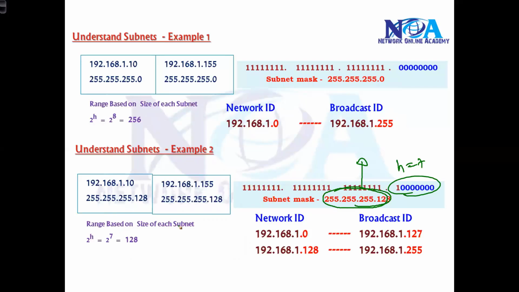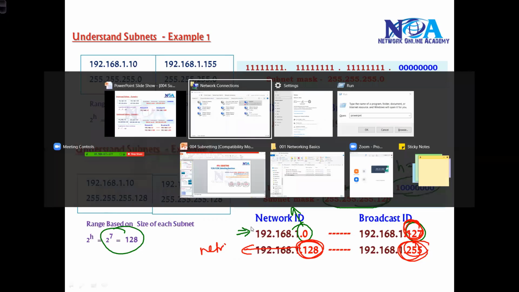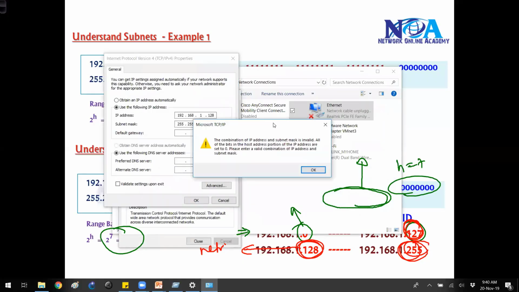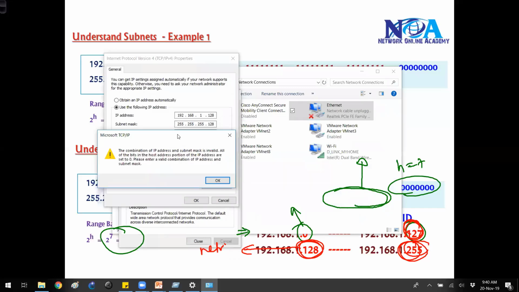And as per the 7, the size is 128 and the range 0 to 127 is one network, which means I cannot use 0, I cannot use 127, I cannot use 128, I cannot use 255, because 128 is the network ID for the second subnet. So this time I should get a message indicating that you cannot use this address.